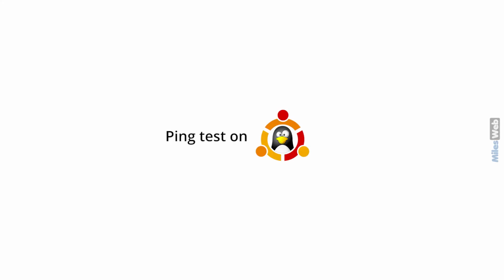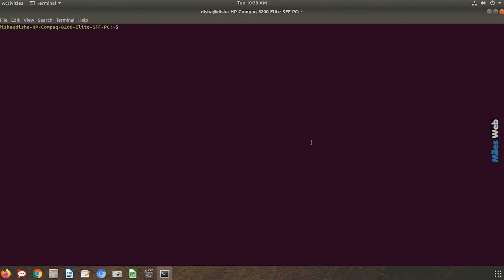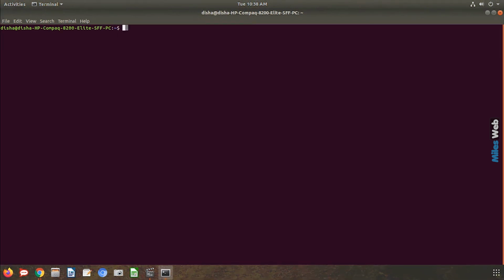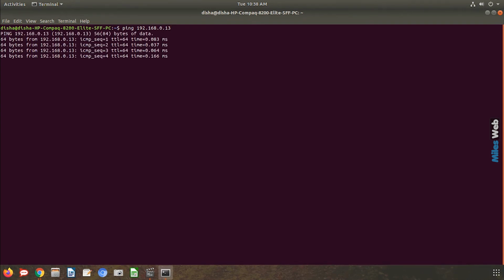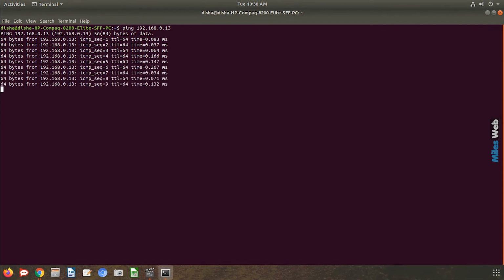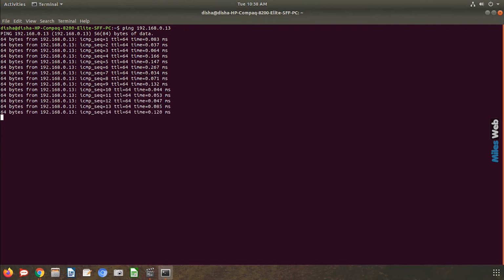Ping test on Linux Ubuntu operating system. To open terminal on Ubuntu, press the shortcut keys Ctrl, Alt and T all together. In the terminal window, type ping space website name or IP address and hit enter. The result of each ping attempt will be displayed along with a summary of statistics in a window just below the result. If all the ping requests fail or timeout or lose packets, then it is an internet issue.